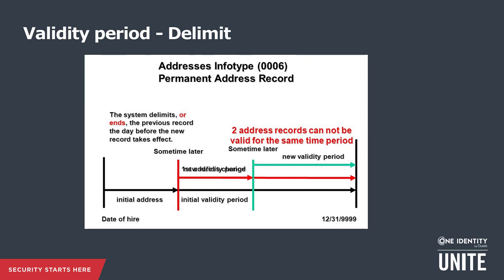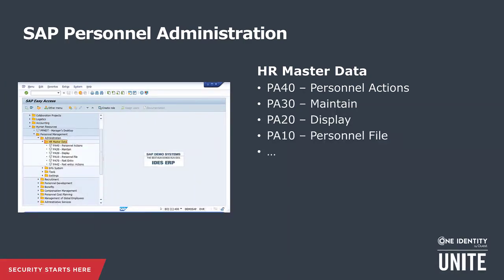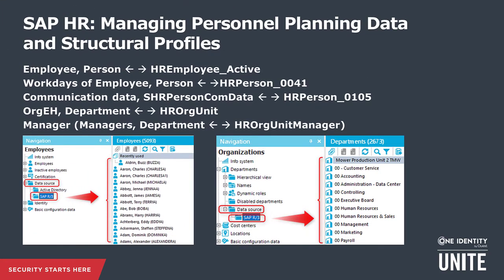For example, if an employee is going to move department in 2 weeks, a special workflow can be triggered depending on the customer's requirements. SAP has some personal administration transactions you should know of. The HR Master Data menu contains the transactions. The most common or interesting from an identity governance perspective we should be aware of are PA20 to display personal data and PA30 maintain personal data. Be aware of that.